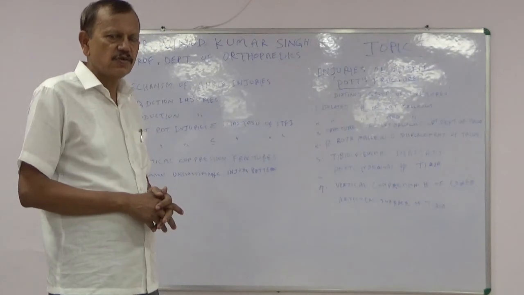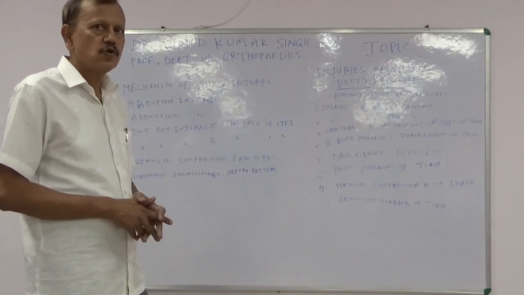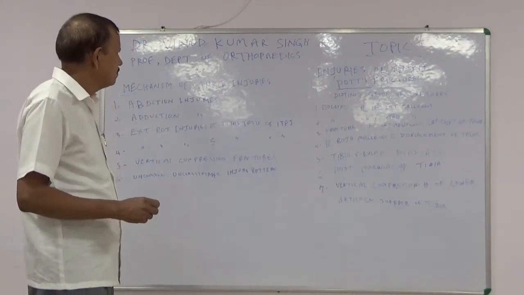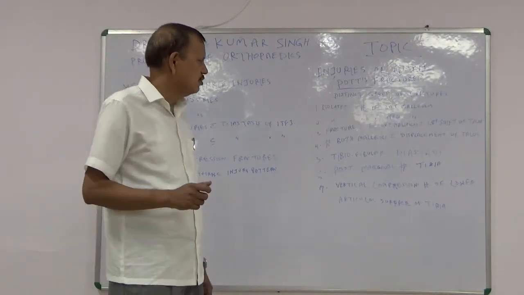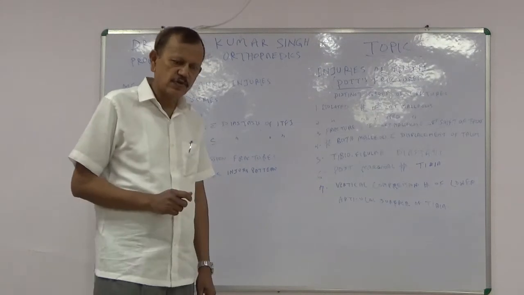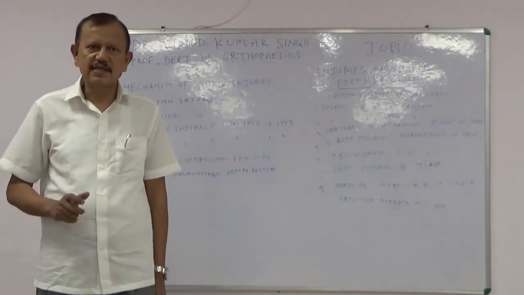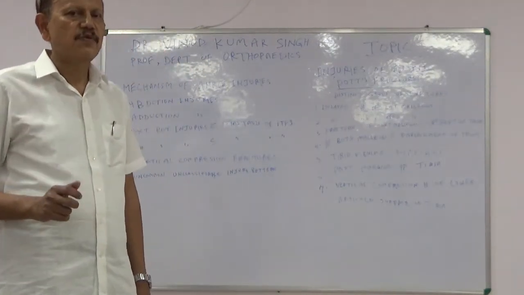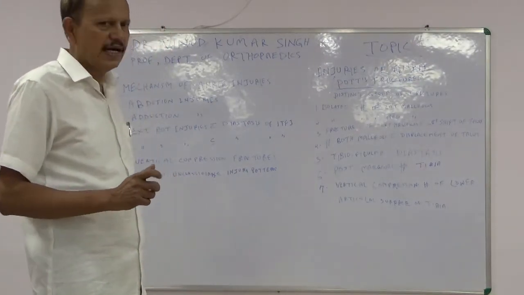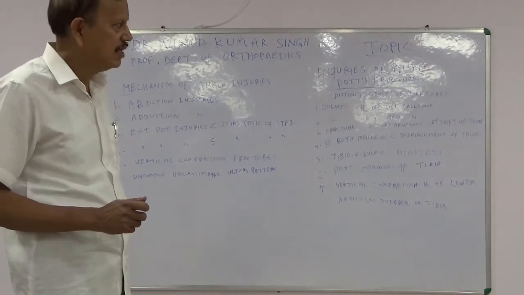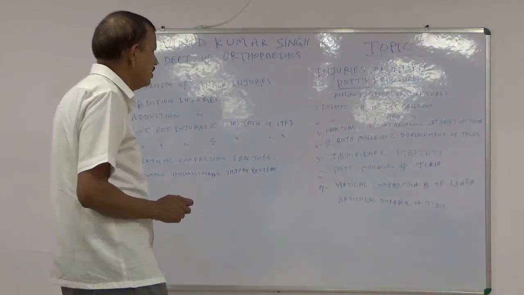And the talus. While learning about the injury, in any fracture we must see the position of the talus, whether the talus is dislocated or not, and we must take notice of the condition of the ligaments around the ankle joint. They are also important, so they have to be kept in mind.